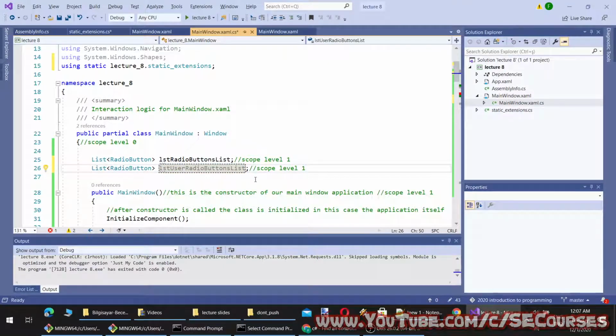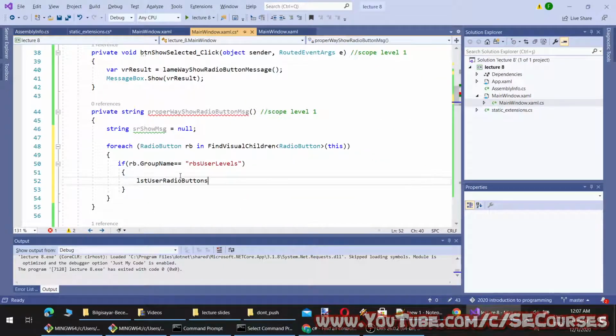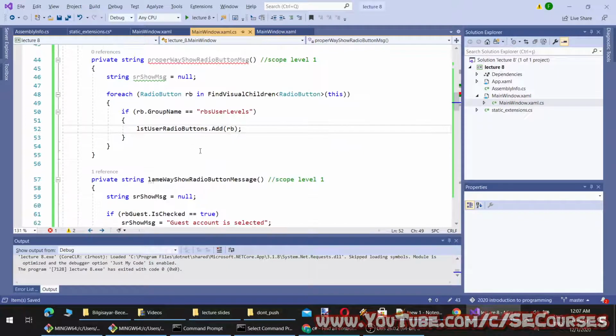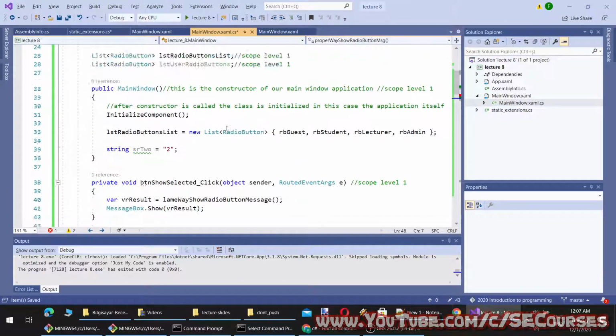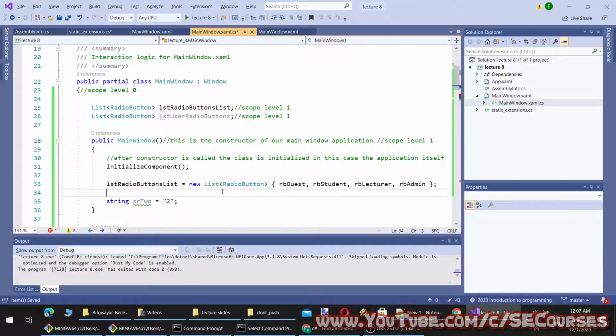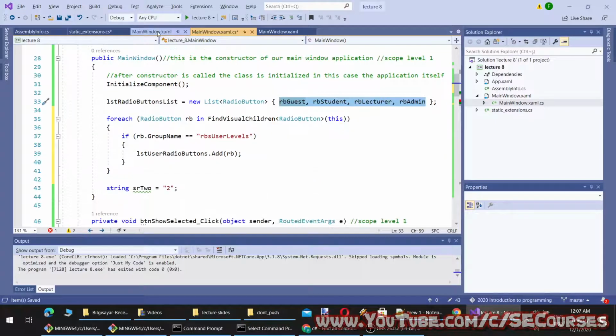Or let's name it like this. Add review. Okay. Now I have generated my list. I'm going to put it here. So instead of defining their names one by one, I can use this method.